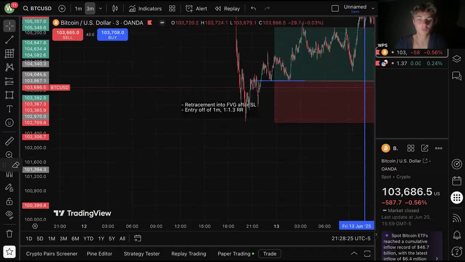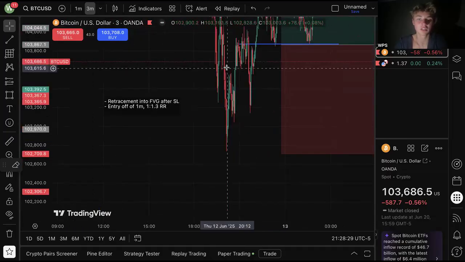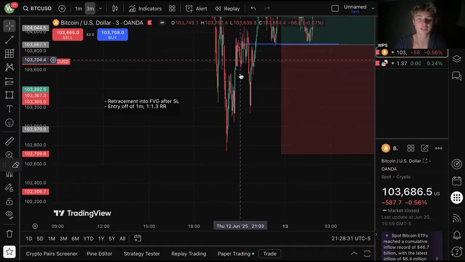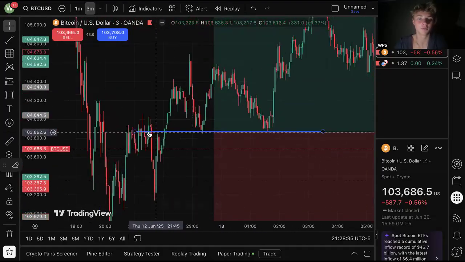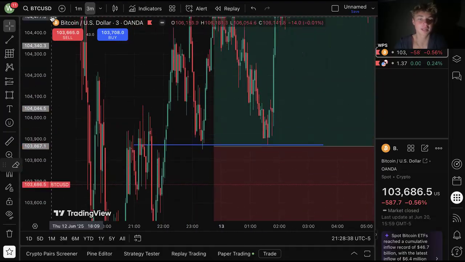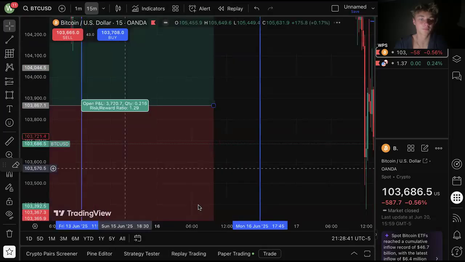This one was a fair value gap retracement. I see a swing low right here. The second swing low doesn't quite get as low as the first one, but price never really seems to retrace. However, on a larger time frame, this is a